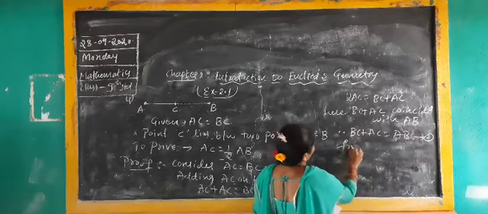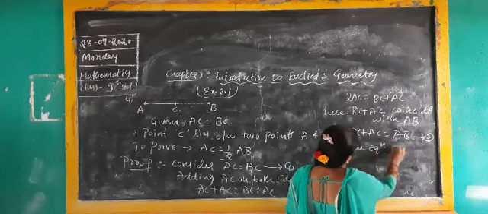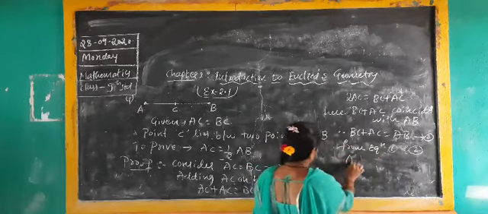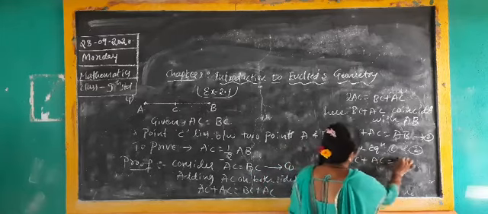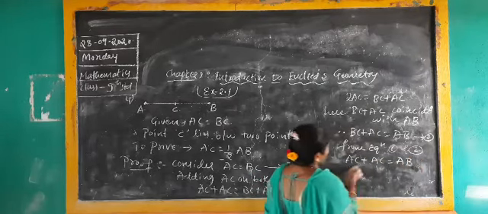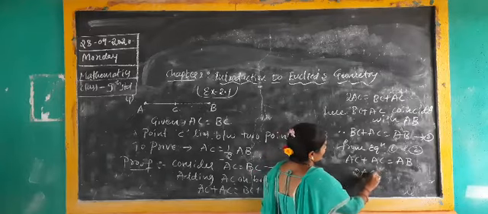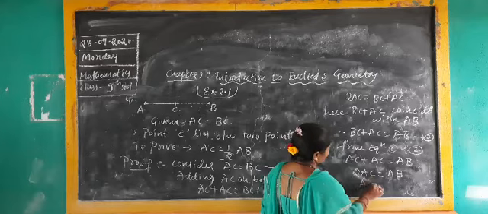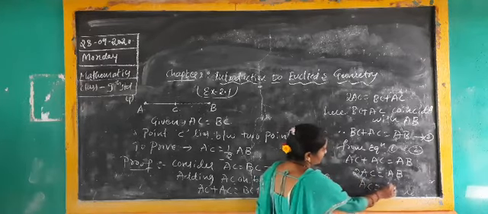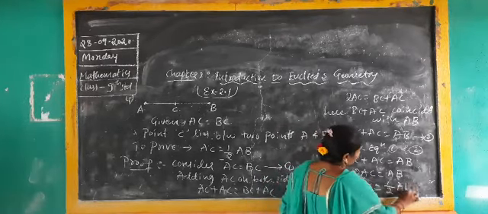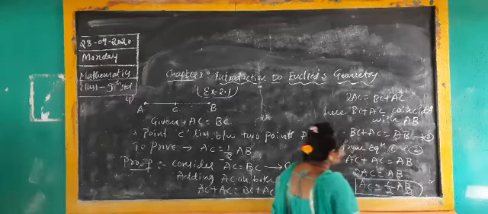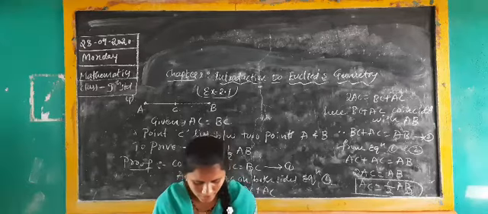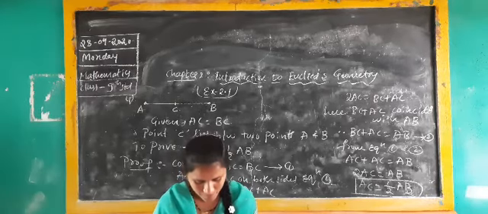Next, last, consider equation 1 and 2. You will get AC plus AC is equal to AB. Here AC plus AC, you know already, 2 AC is equal to AB. And here I need AC, so AC is equal to, since 2 is multiplying, it will be divided: 1 by 2 AB. It is the proof. AC is equal to 1 by 2 AB. Okay.